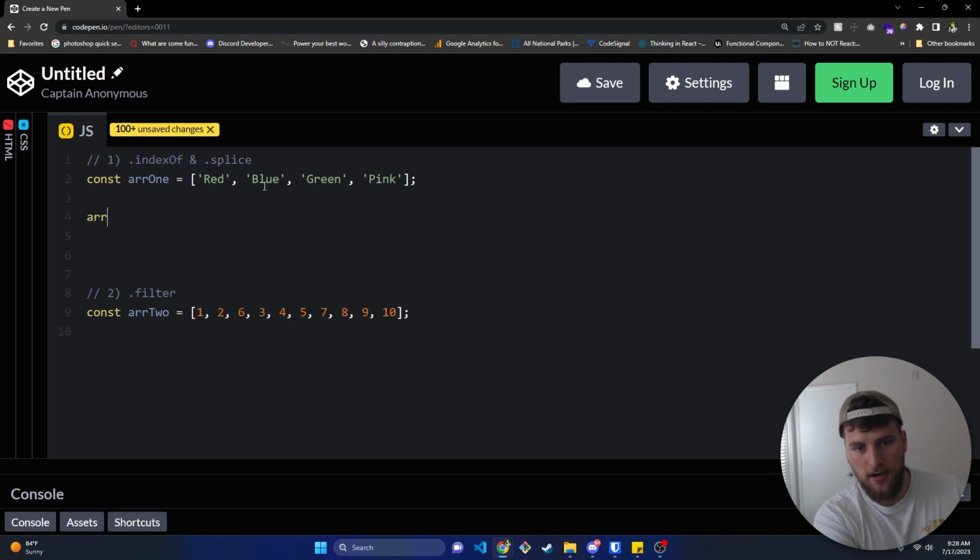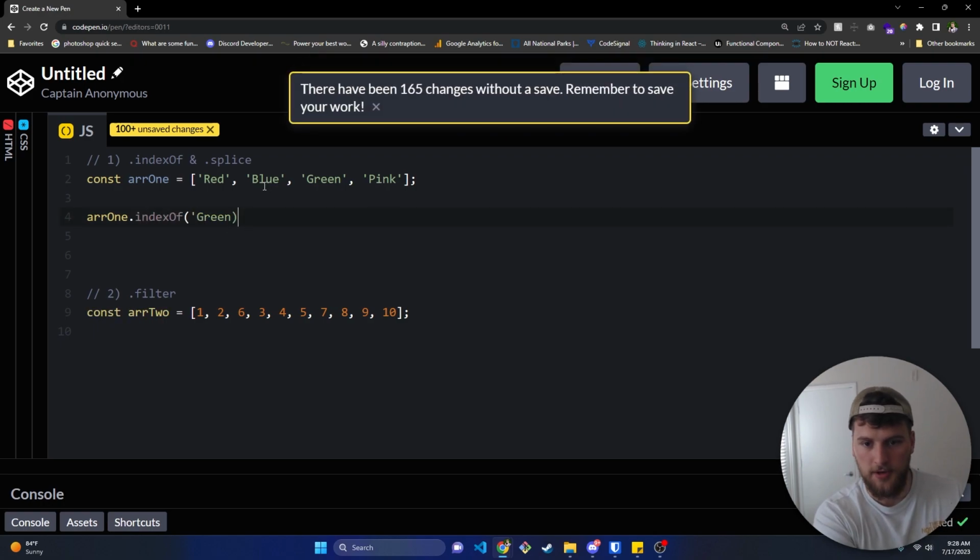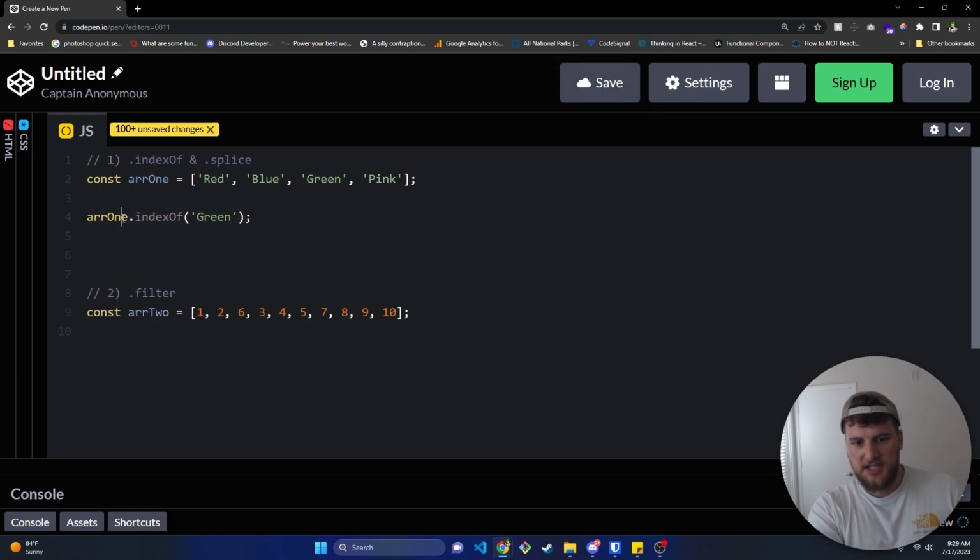Well, we'll say arr1.indexOf green, and we need to wrap that in single quotes. And now this is going to get the index of green in our array. Now we can easily just say 0, 1, 2, so we know it's index 2, but again, we're going to pretend there's hundreds of items in this array and we don't know the exact index, so we have to use this to get it. Now if we console log this here, move that, and open up our console,